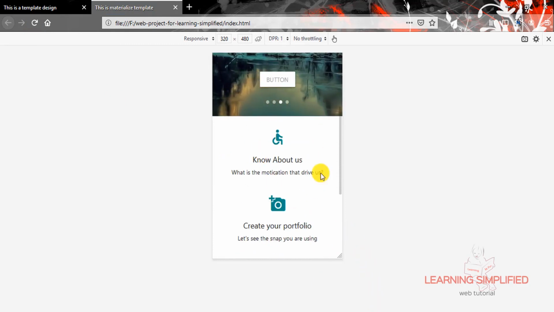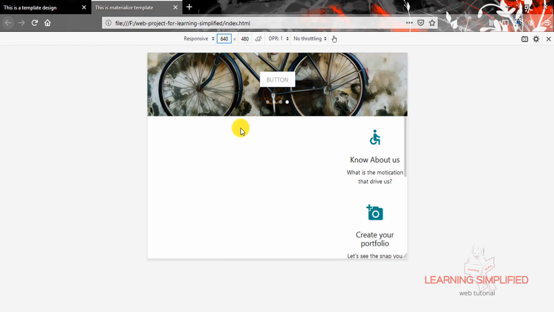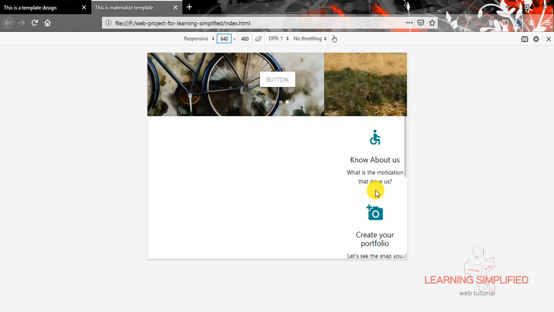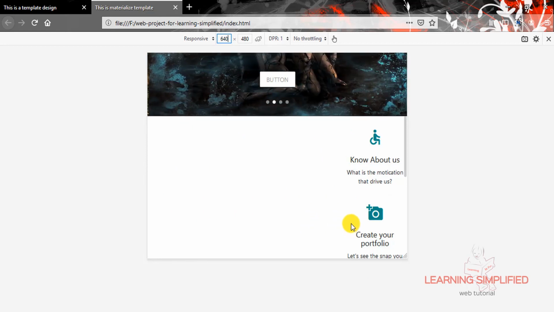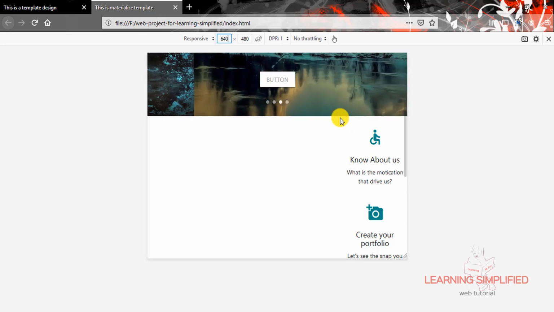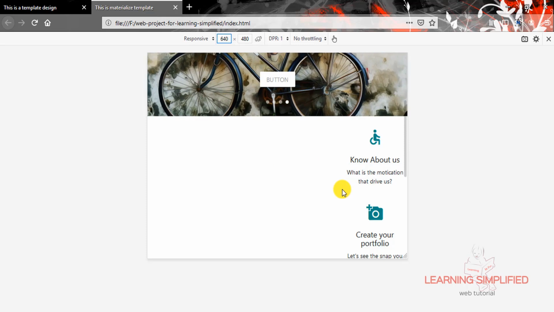So this is how you can make changes to it. You can make all those properties device specific. And let's check for 640 px, what will be the result? This will be the result. Now this is another problem that you are going to face. What is practically going on over here? You can see that each of these contents is right shifted. Everything is now laying itself out in the extreme right position.